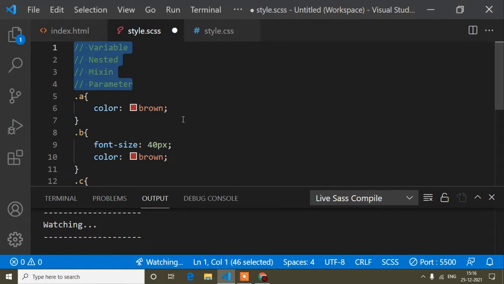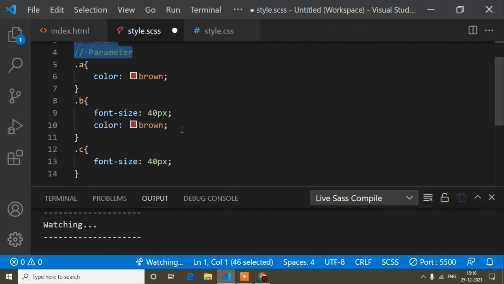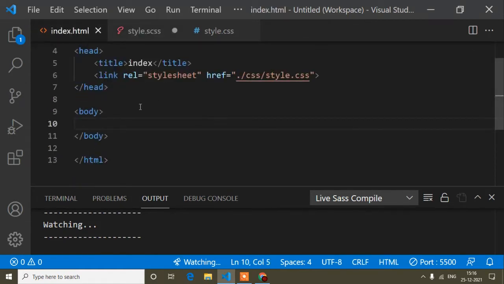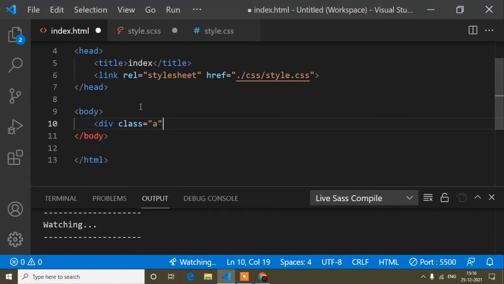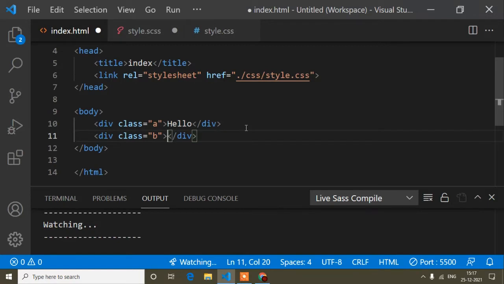So now guys, first of all I will just show you the variable. What I will do, first of all I will add a div, class name is A, and content is hello. And here a div, class name is B, and content hello creative developer.